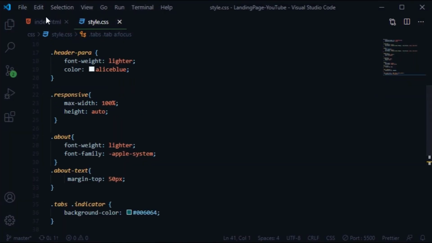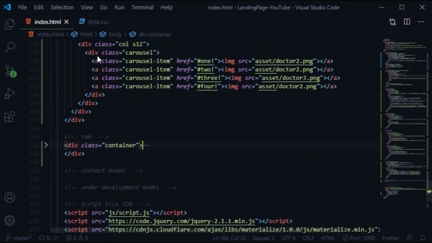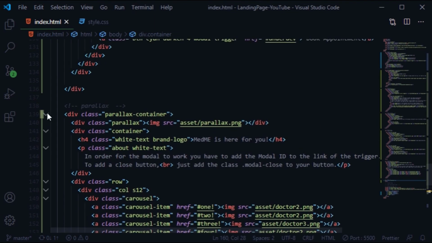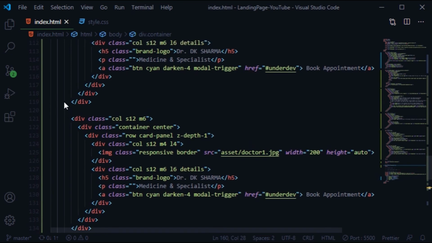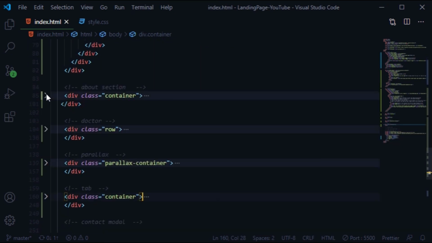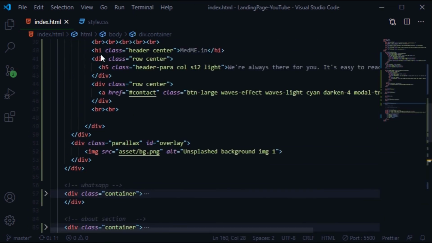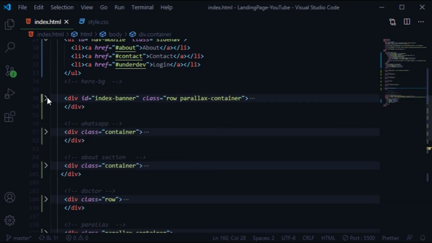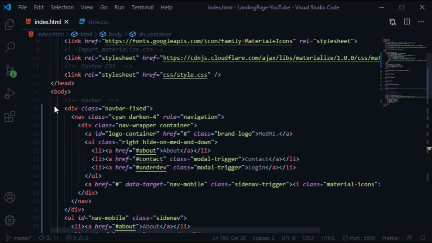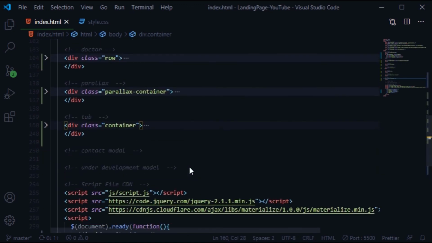So yeah, next what we have, let's see. If I close it, we have two modals. Okay, let's just close them first because we are done with the design, and now we'll go with the modals. So let's see how we can work with the modals. It's actually lots of things here. I'll close it. Yeah, so next let's see how we can add the contact modal, and for that I'll just go to my repository,